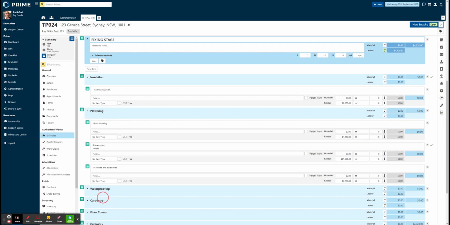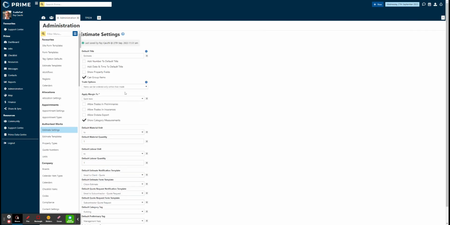So the whole idea of this is that there have been a number of clients that have asked for the ability to order the items in their estimate in the order in which they would actually happen on site. And sometimes that means mixing up your predefined items outside of their trade. So to facilitate that, the new setting of items can be ordered in any order regardless of trade